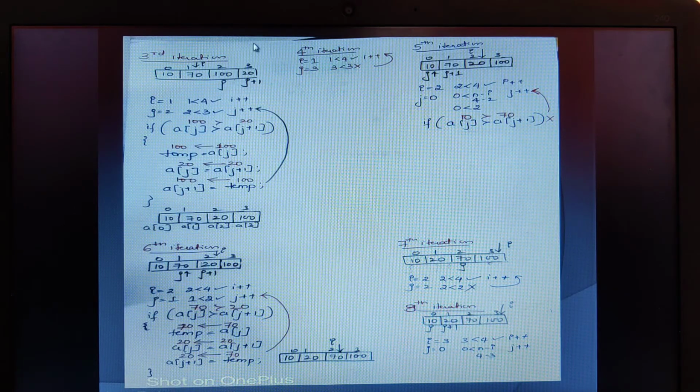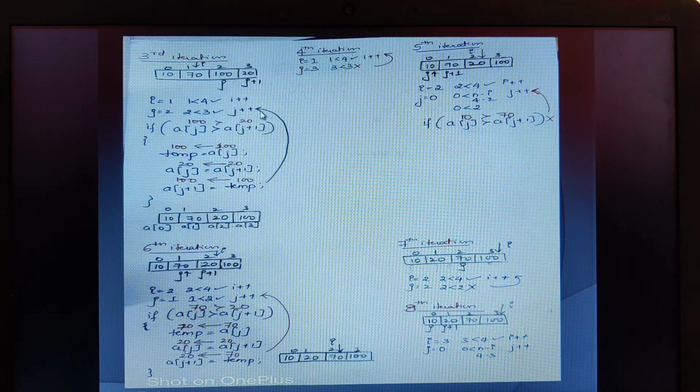Then whatever is there in the third variable temp should move into a of j plus 1. So as per this, we get a new array here, that is 10, 70, 20 and 100. Now this one iteration was to exchange these particular values. Understood? So after this, what happened, children?